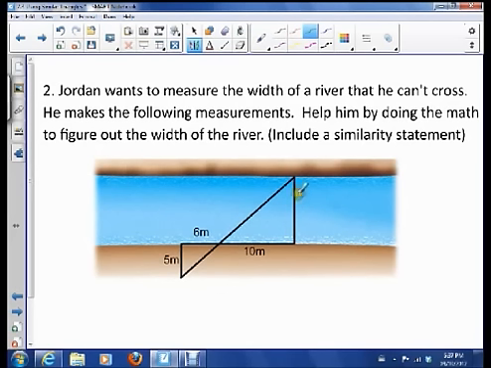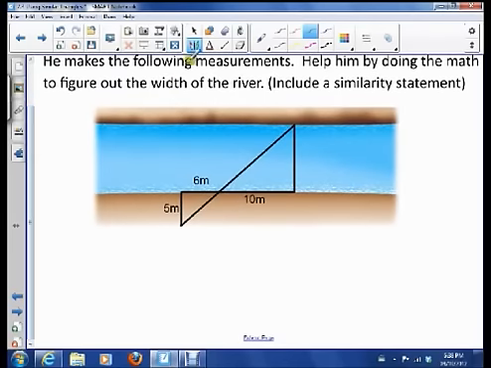So think about if you want to build a bridge across a river, right? To cross the river, it's probably not that easy because you don't have a bridge yet. Okay, so Jordan wants to measure the width of a river that he can't cross. He makes the following measurements. Help him by doing the math to figure out what the width of the river is and include a similarity